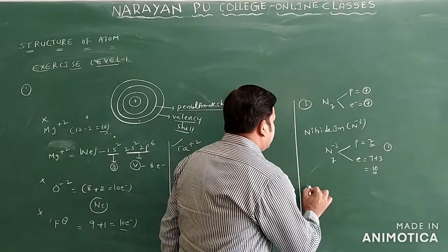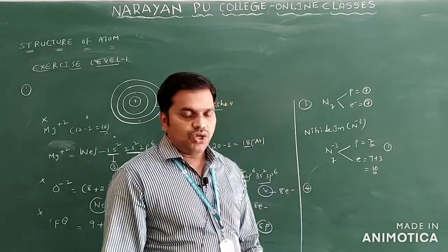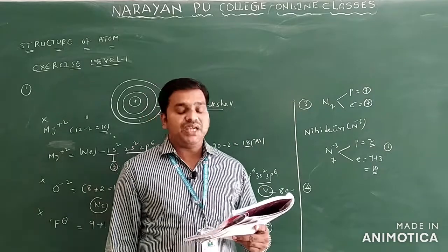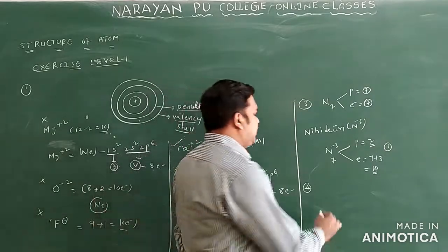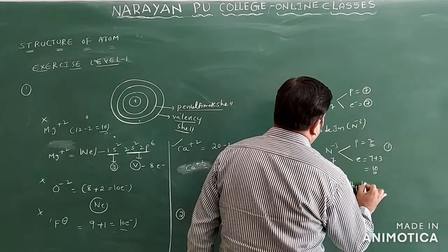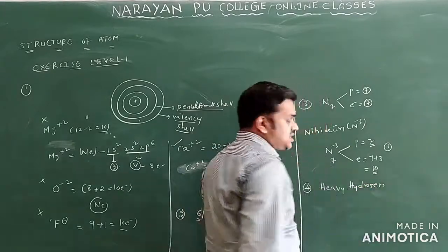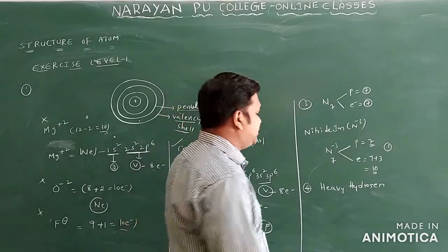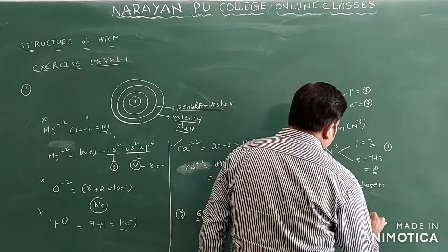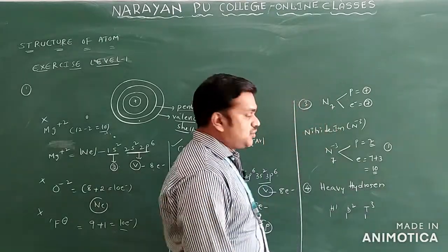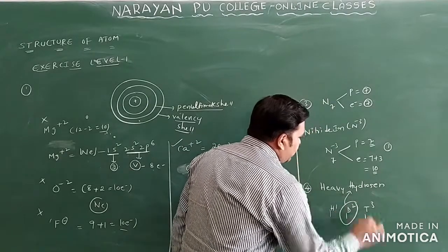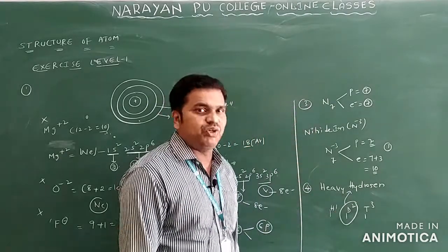Okay, now you can see question number 4. Mainly they are asking, the number of neutrons in heavy hydrogen atom is. Heavy hydrogen. Generally, you know the isotopes of hydrogen: hydrogen 1, 1D2, and you can write 1T3. So this is called the isotopes of hydrogen. You are calling it heavy hydrogen only. Heavy hydrogen means deuterium.